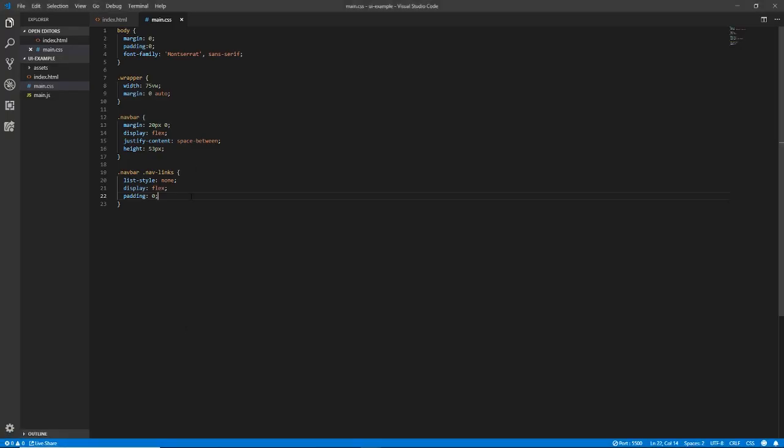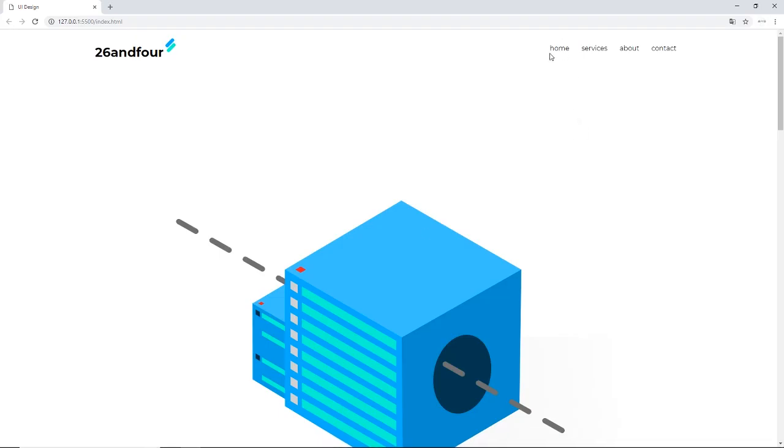The way we do that is we're going to target the list items themselves. So we'll target the nav links and the li inside the nav links, and we'll say we want a margin top and bottom of 0, and on the sides 15 pixels. I played with this a little bit, and I'm just going to make the cursor pointer, but if you prefer less space in between or more space, that's up to you. But I feel like this accurately represents the